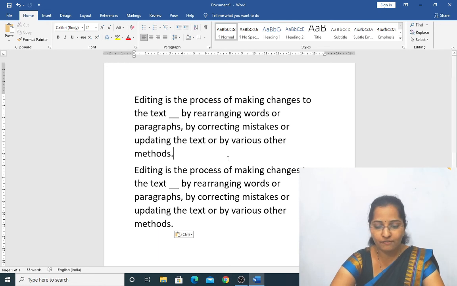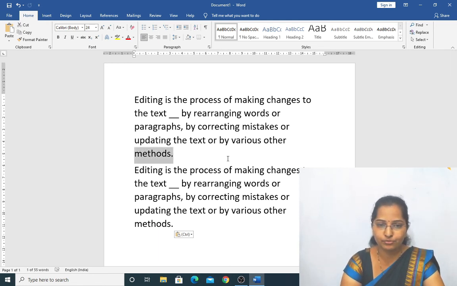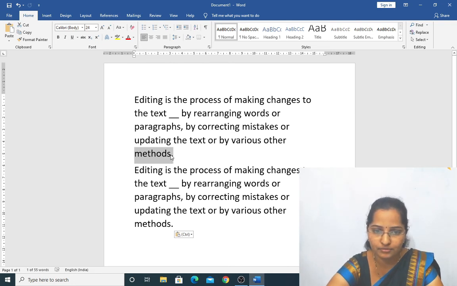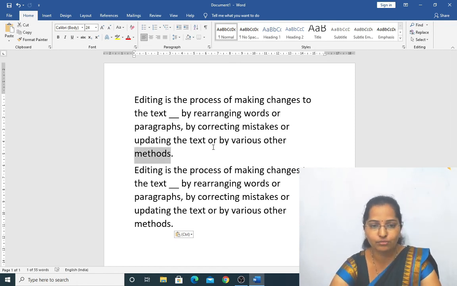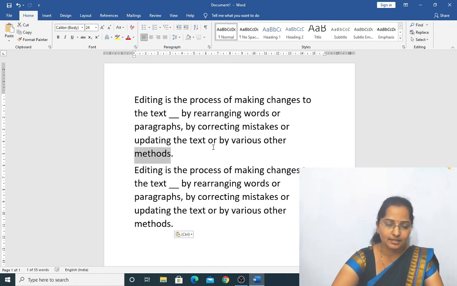Control, Shift, left arrow. Selected. Once again I will show. Keep the cursor here. I want to select the left side word. Control, Shift, left arrow. Done? Yes. Like this we have shortcuts to select the text using the keyboard.